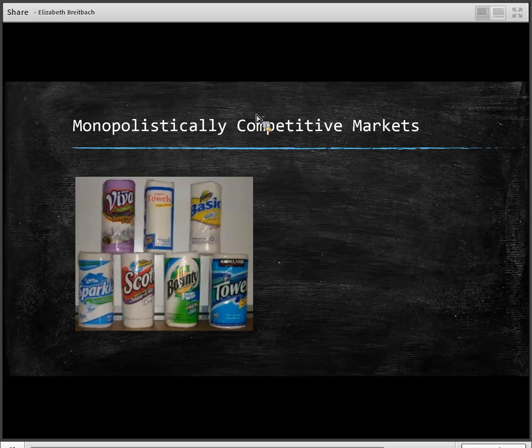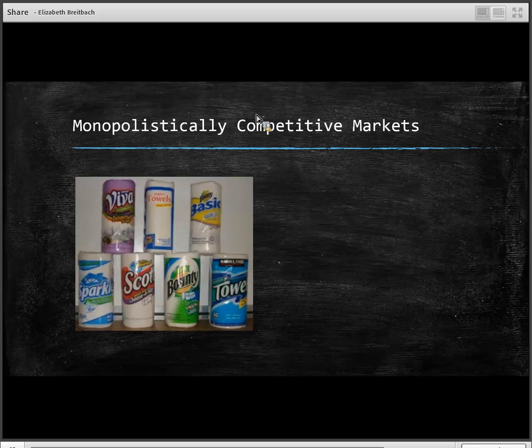All right, so let's go through those comparison questions. Again, the number of sellers, relatively large. When we walked down that paper towel aisle, there is a large number of sellers. We have a lot of choices in this market. We do see that they have some control over price, but narrow limits. So it's not that they have complete control. They can't charge a significant amount over what their competitors are. But if they can convince the buyers that their product is different and better in some way, it allows them to have a limited control over the price.